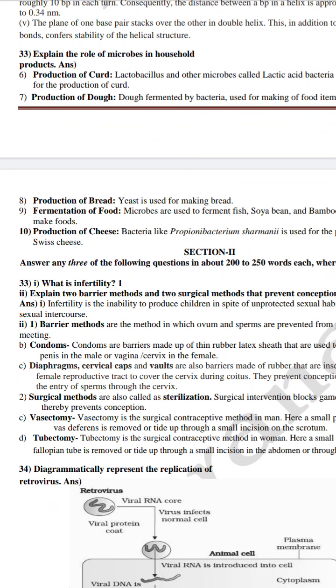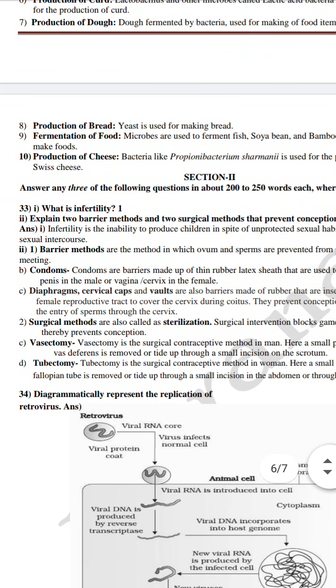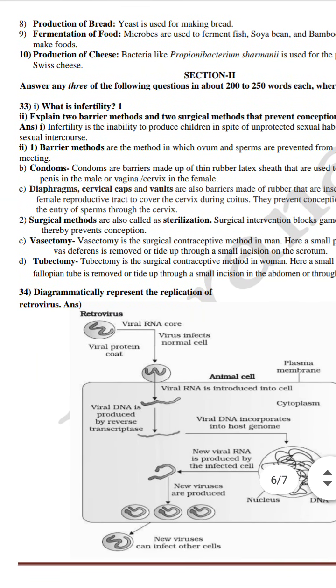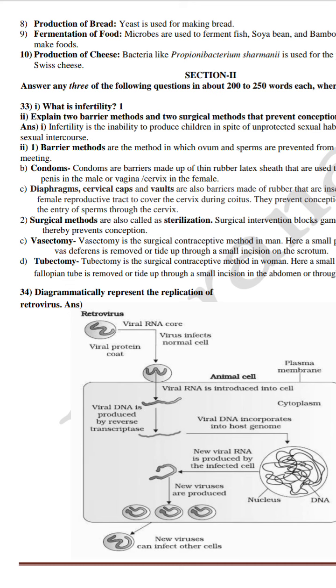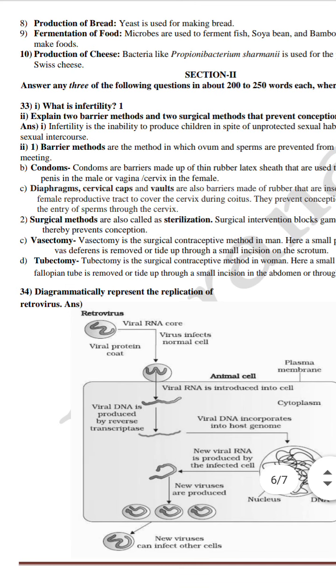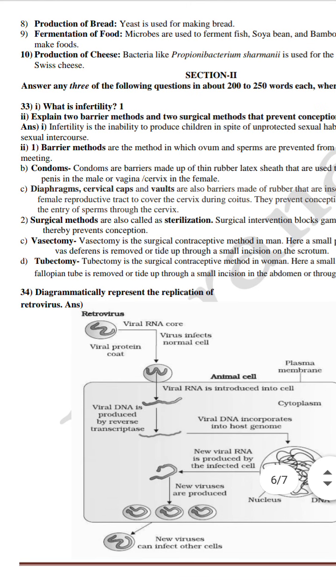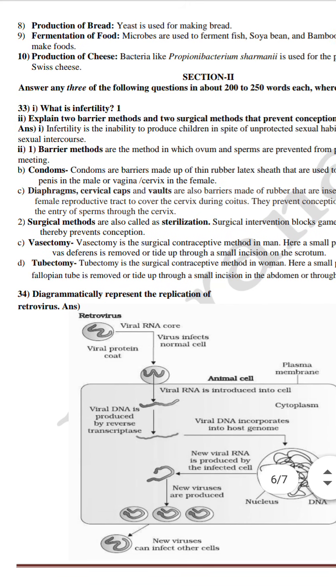Choose your best 5 questions to get 20 out of 20. Then let us talk about section 2, which is meant for 15 marks. Students, this is composed of 5 questions. Choose your best 3. Understand? Choice is also there for this one. And see that the answer should possess 200 to 250 words. And select your best 3 questions which are comfortable and which are well known to you.